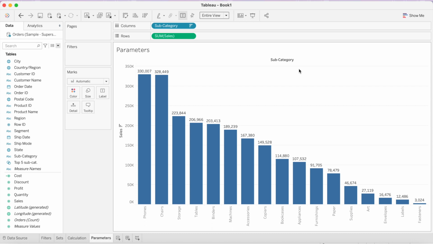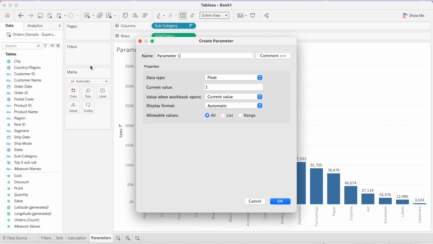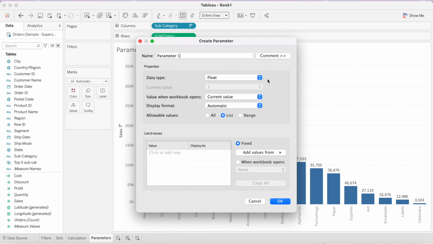Now in order to dynamically change measures on this bar chart rather than doing it separately each time, we will have to create a parameter. So in order to create a parameter, we'll again click the down arrow, create parameter. Now we have this window here, and let me select string as a data type, and let's just type the measure names that we want in our list.